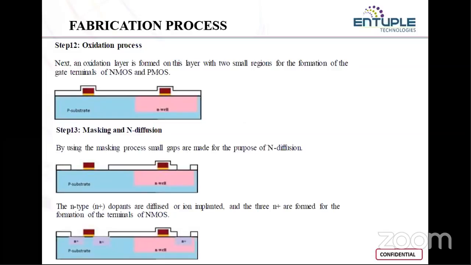The main purpose is that whatever we create should act as a MOSFET. If those unwanted materials get spread across the rest of the substrate, then it acts as some other device, maybe a BJT or a resistor or a capacitor. So that is the purpose of the oxidation layer. And once that is done,